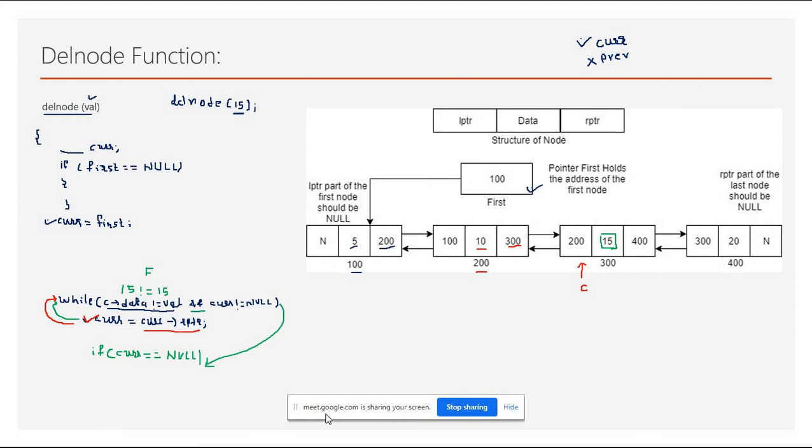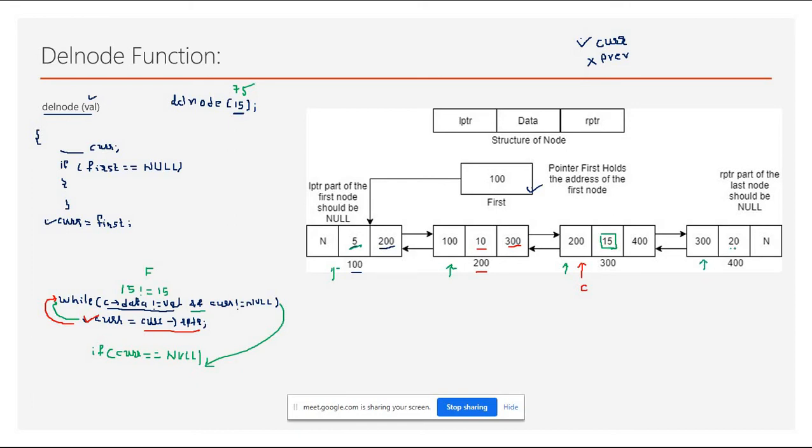For example, suppose the user says I want to delete, which value do you want to delete? Suppose 75. So here we are starting from the first node, right? Is 75 here? No, so you move your current pointer to the second node. Is 75 there in the data part? No, again you move to the third node, right? And here 75 is there? No, so you go one step ahead.